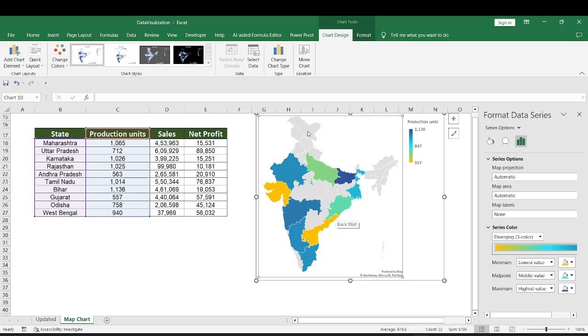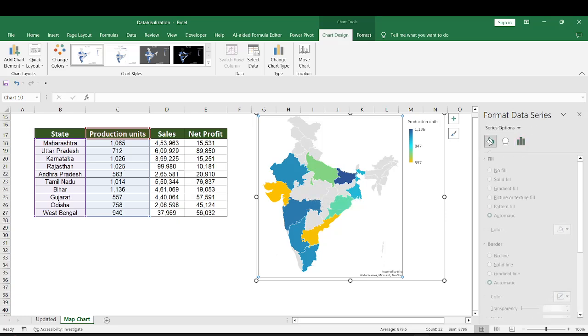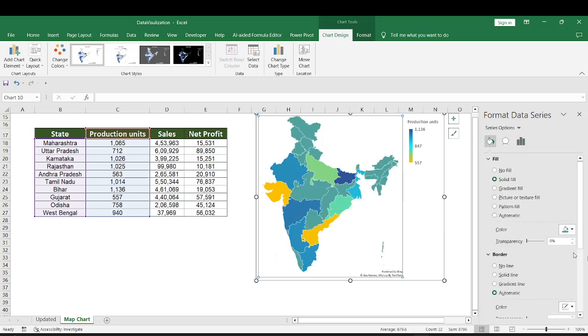And for all these gray areas, it means that we don't have data for this. When I hover on this gray area, it shows no data. For such no data, go to solid fill. Okay, now instead of gray area, we have this color which has no data,